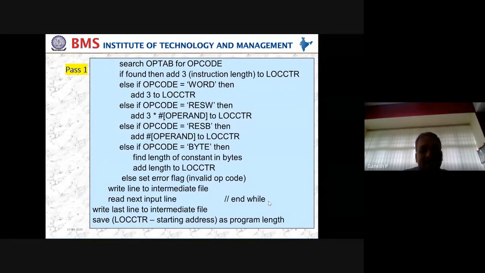Now we have to identify something at the end here. The location counter, we started with some address, and did plus, plus, plus. The location counter will have some number now. In the previous class also we have seen, it will be 2022. So 2022 minus 2000 gave us 22. That is the length of the program. Similarly here, the value stored in the location counter subtracted from the starting address will give us the program length. This is what we are going to do in Pass 1.